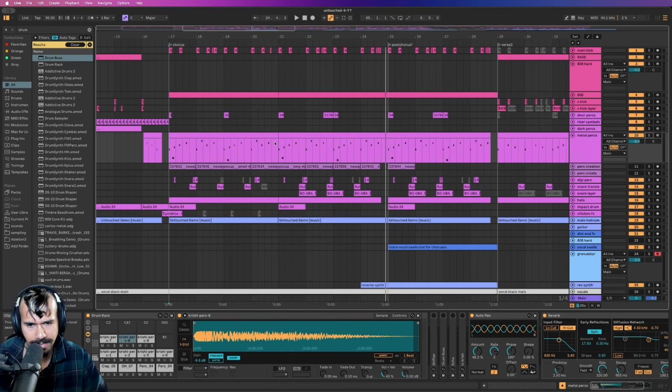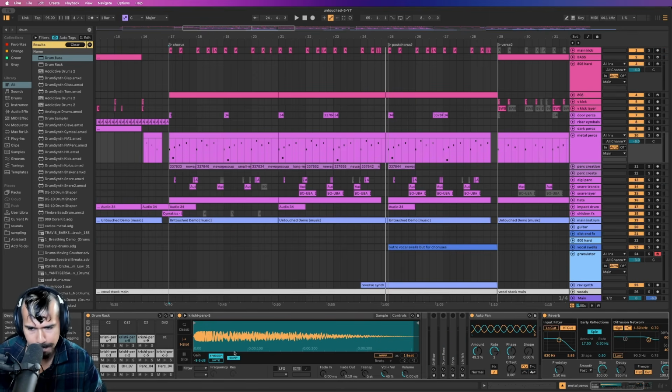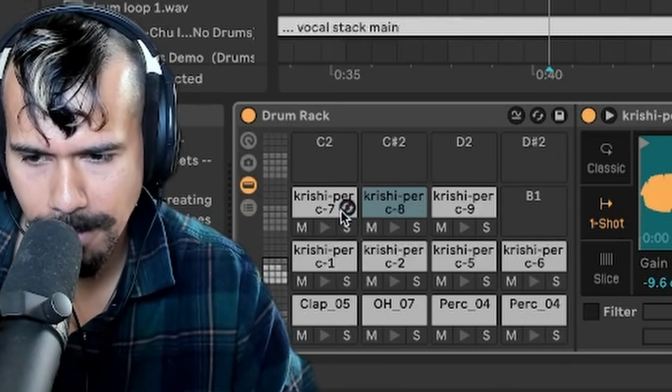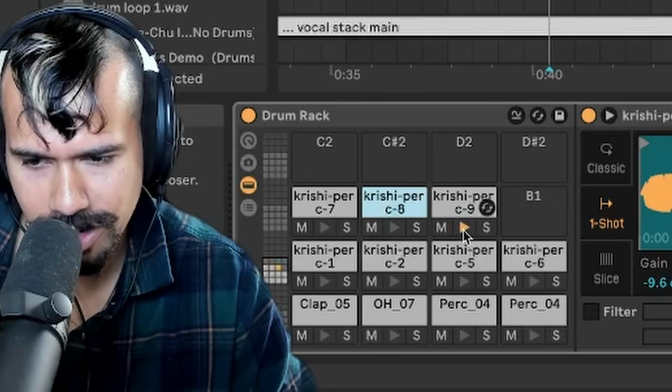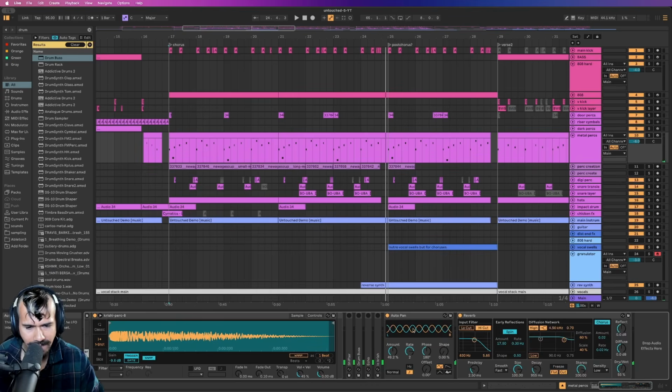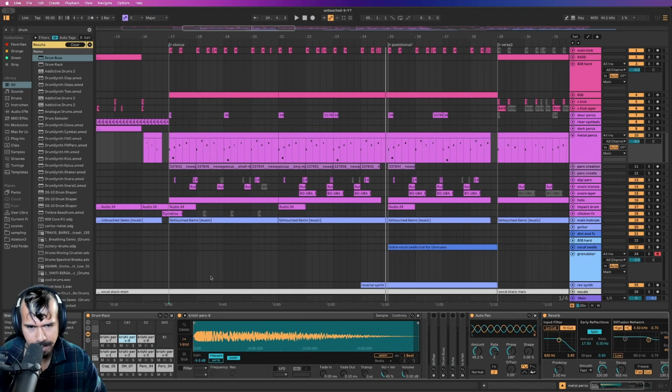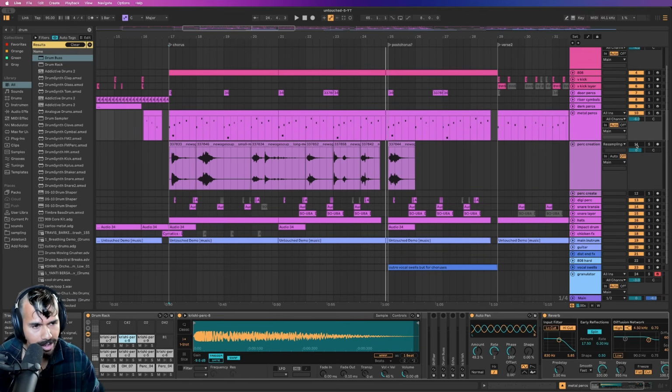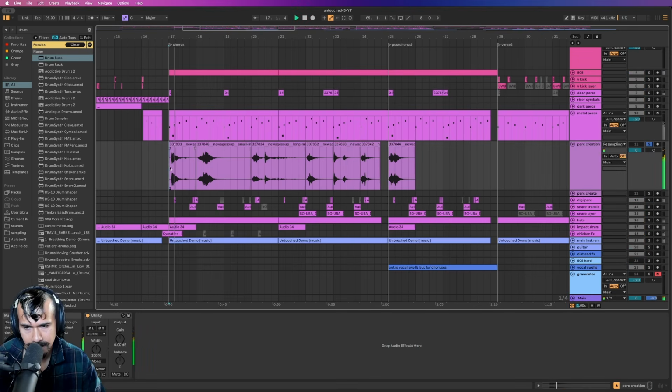Most of this rhythm hinges around this track Metal Perks, where you can see it's a drum rack, and I have all these little crishy metallic perks here. Have a little bit of auto pan and reverb, but nothing crazy. So what exactly was this? I just went and grabbed a bunch of metal samples,